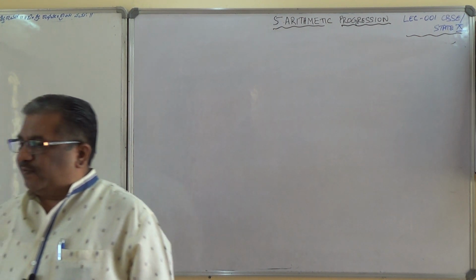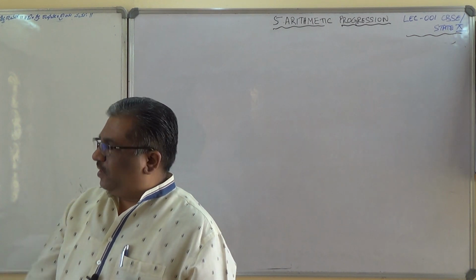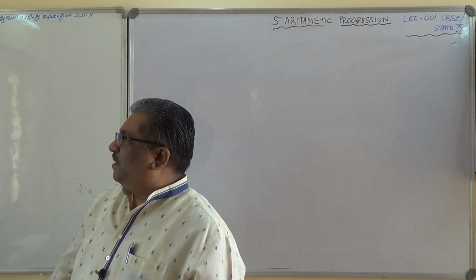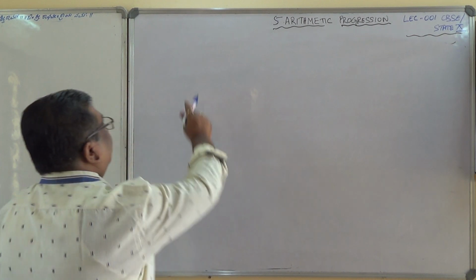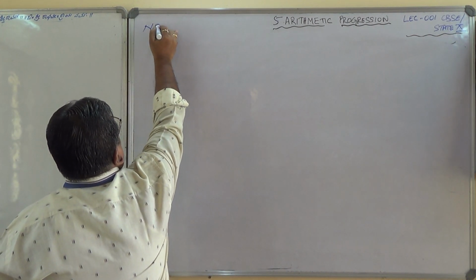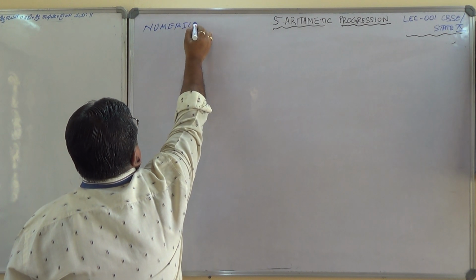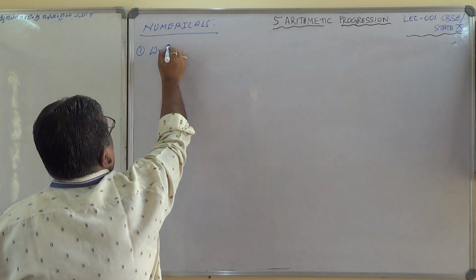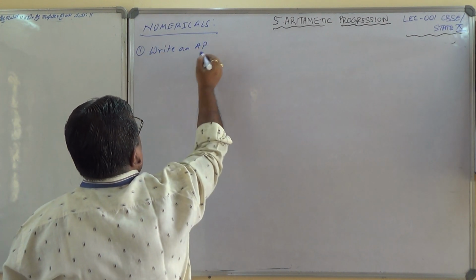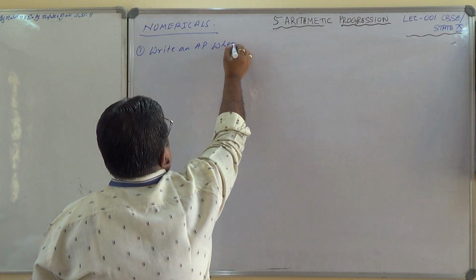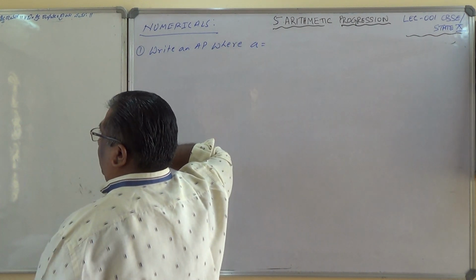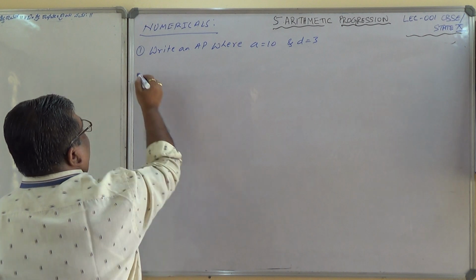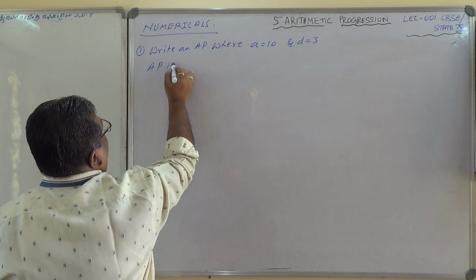Yeah, some illustrative examples from RDS I'll take, and meantime I will be taking from your textbook also. Okay, so write an AP whose first term is 10 and common difference is 3. First one, numericals. First one, write an AP where A equals 10 and D equals 3. So solution, AP is given by